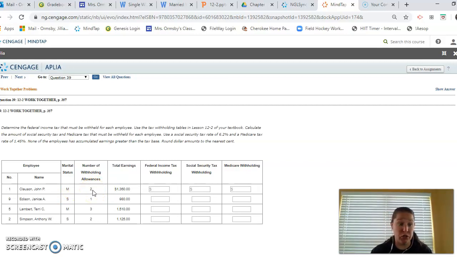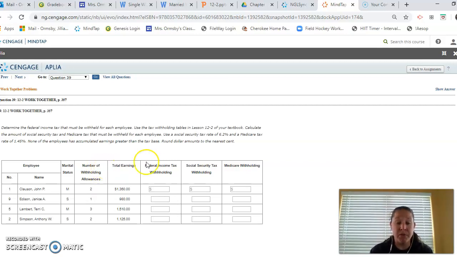You can choose to go up or down, even if it's not necessarily accurate. If you want to withhold more or less, you can alter your withholding allowances, and what will happen is if you get more taken out of your paycheck initially, you will have a higher tax refund when you pay your taxes on April 15th of the following year. Some people prefer that. Some people prefer to break even. It's kind of a personal preference, and I encourage you to talk to your parents and see what their personal